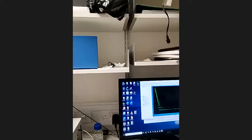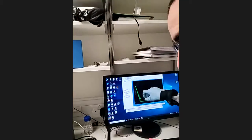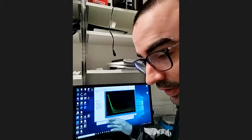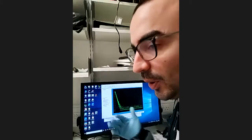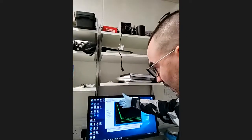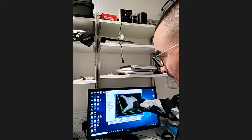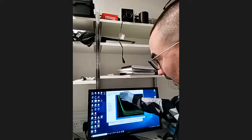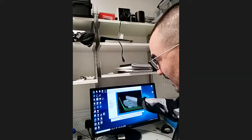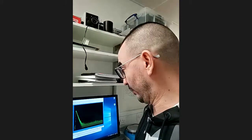Right, so now it's actually working. It's measuring the time that, once it emits a pulse of light at the sample, it takes for the first photon to arrive, and it does that for every pulse, working at about 1 megahertz. And you can see that there's a characteristic decay to that, right? As it's more likely that photons will be emitted quickly, it's an exponential function, and you can fit an exponential decay to that and get a mathematical description which is related to the electrochemical state of the protein,